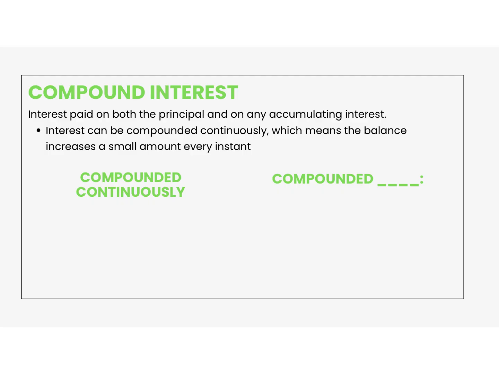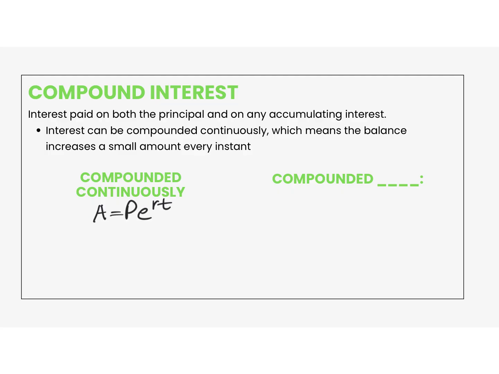So compound interest that is compounded continuously is just like it says, which means the balance increases a small amount every instant. So the interest is paid on both the principal and on any accumulating interest as well. We did talk about this previously, but the compounded continuously formula is this: A equals P times E